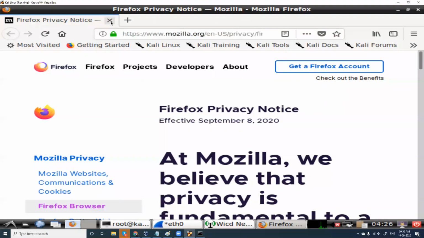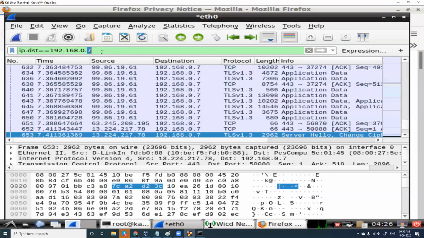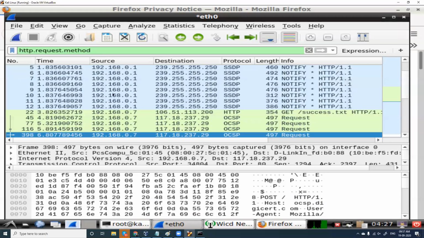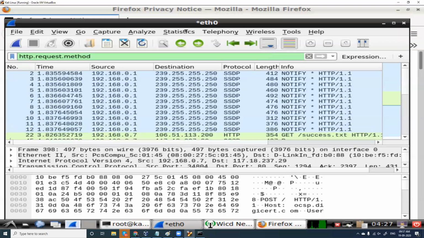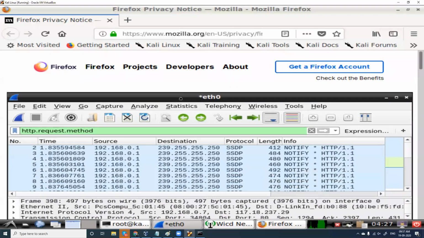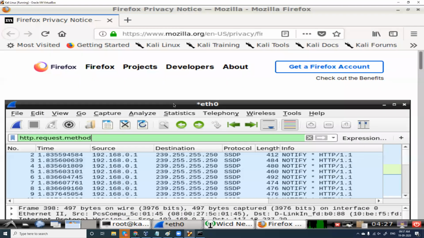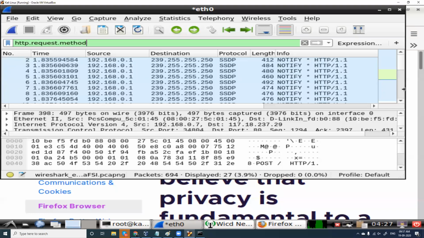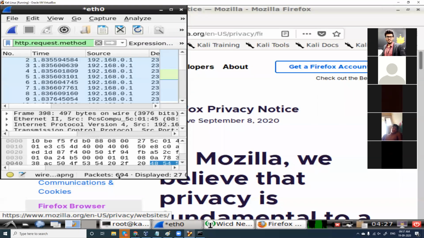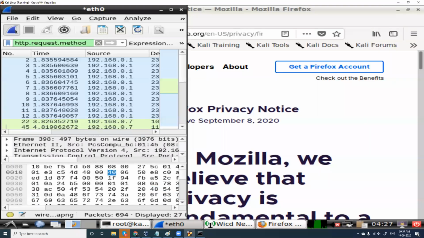So let me go here to Wireshark, and Wireshark has a filter to make it very easy for you guys. It has a filter which says http.request.method. I want to look only at the GET and POST packets, what is being transferred. So http.request.method, which is going to give me usernames and passwords. And for your understanding, I'll keep it like this so that you can see what is happening. So I'll start my scan here again.